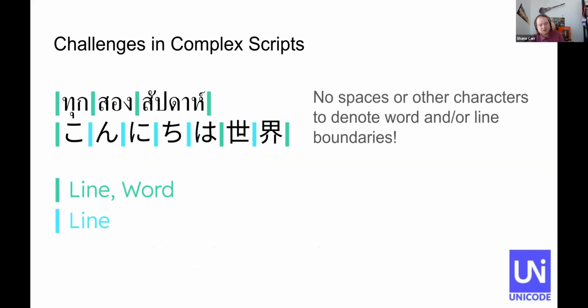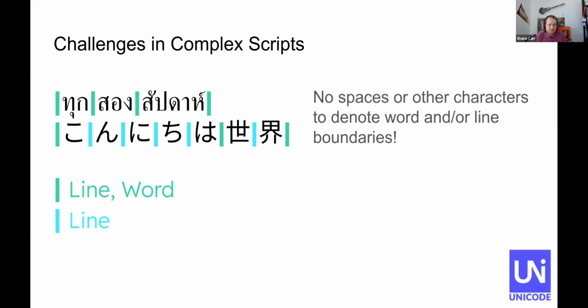But when we get to complex scripts, it gets a little bit more challenging to build a segmenter model. The examples I'm showing here have no spaces. I inserted these bars in order to illustrate where breakpoints occur, but if I remove these bars, these strings have no spaces or other separators in them. In this Thai script text on the top, there are 2 word breaks and line breaks in the middle of the text.